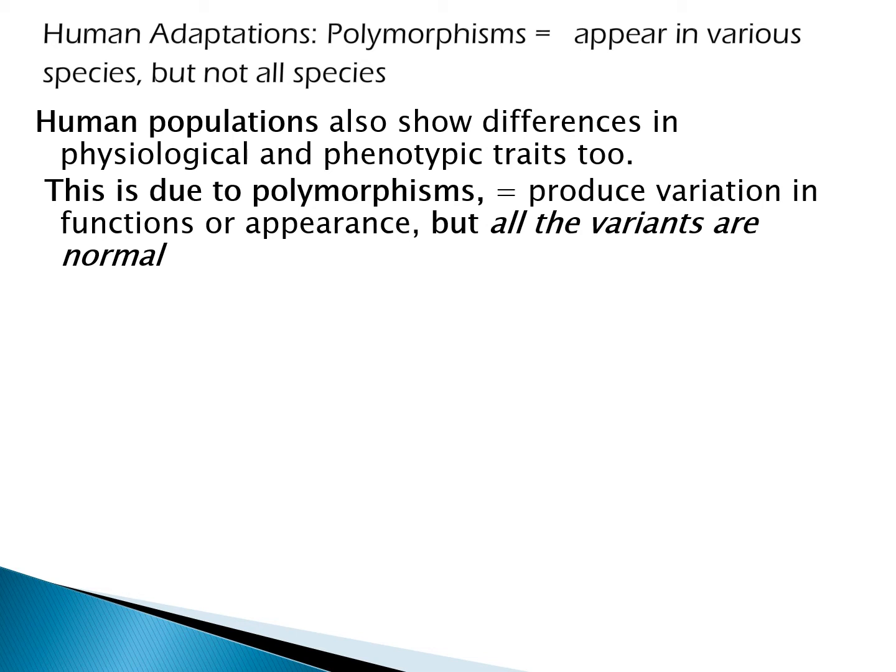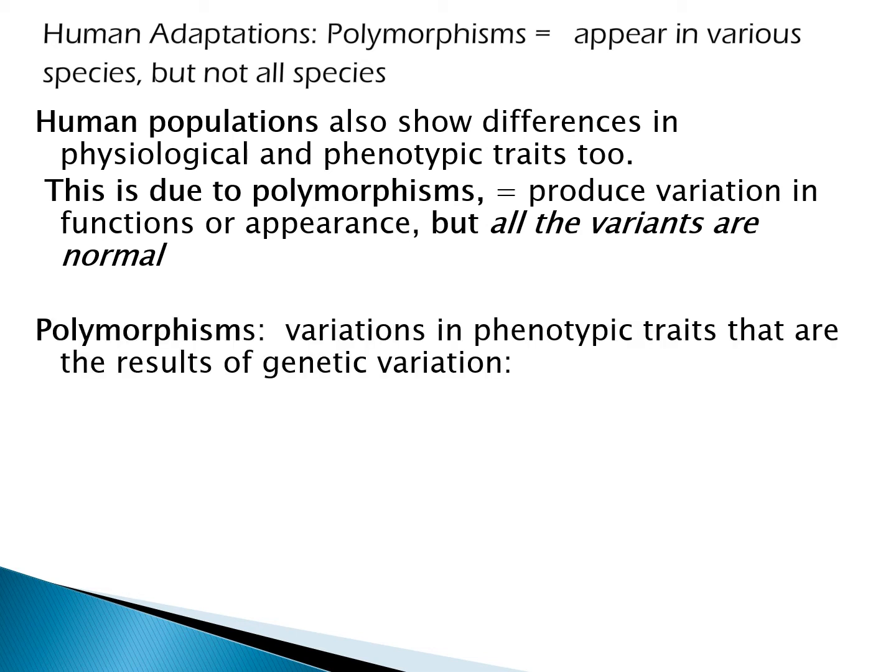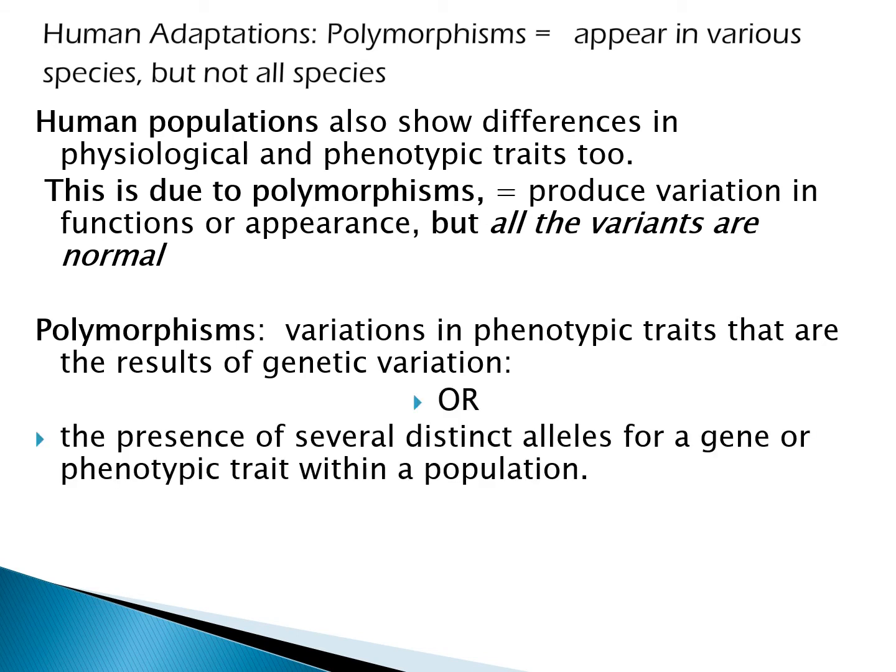All right, so a polymorphism, as you're looking at in the chapter, is going to be where we have functions or appearances that give an expected lifespan, a typical way for that individual to survive. So we can look at the definition of this several ways, and I'm just going to put a couple up here, and the two also work the same. However, you might remember Unit 2 a little bit differently.